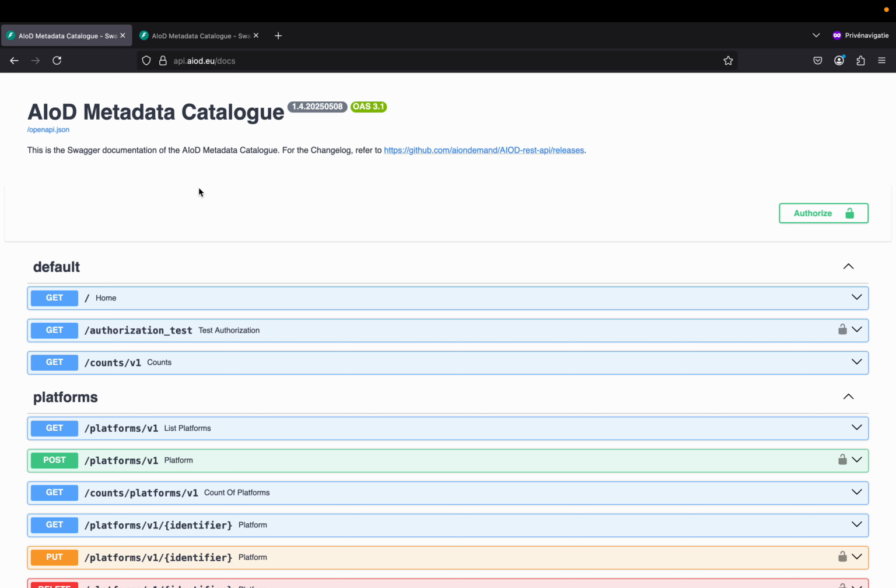Hi, this is a tutorial on using the REST API of the AI on Demand Metadata Catalogue. You may find this tutorial useful if you're looking to have programmatic access to the metadata catalog. For example, when you're developing a service for AI on Demand, or when you want to have programmatic access in